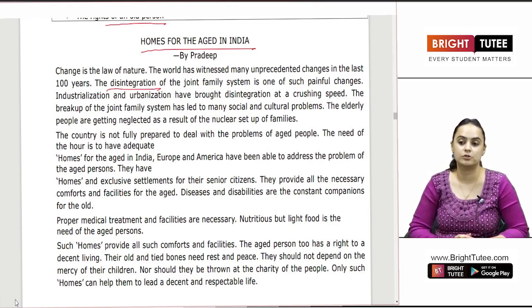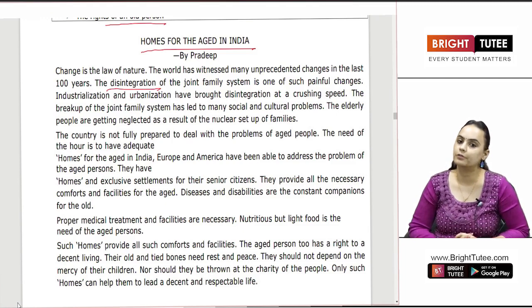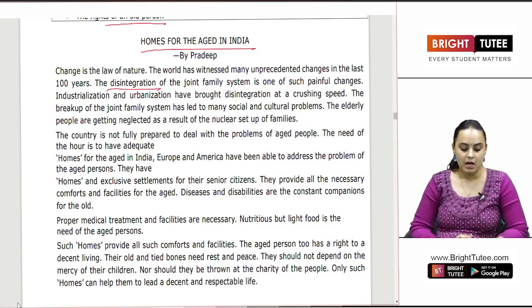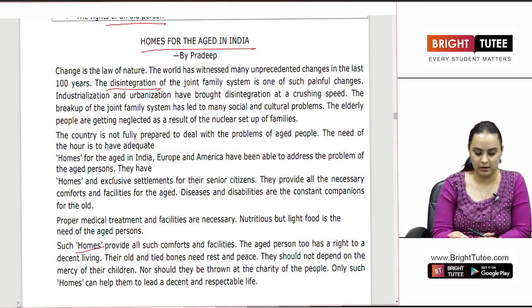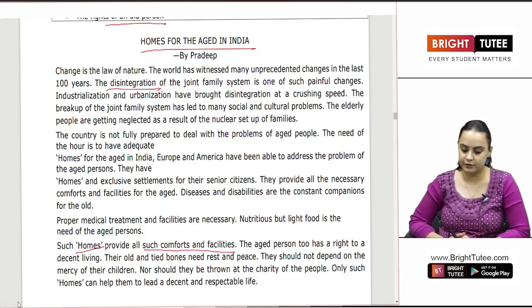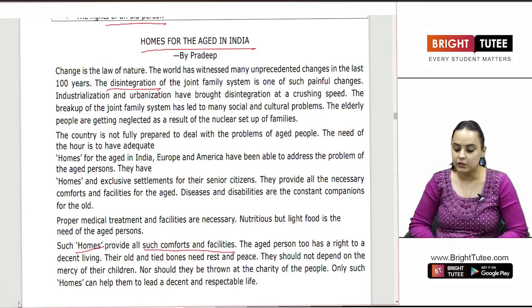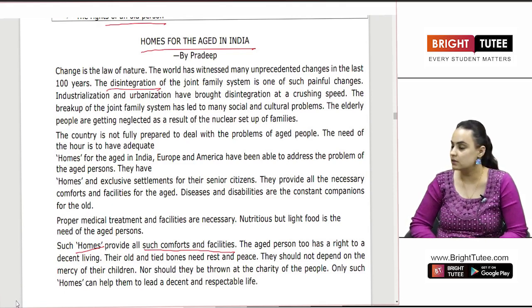We all know when you get older, two things that always follow you are diseases and disabilities. You are unable to do one thing or the other. Proper medical treatment and facilities are necessary. Nutritious but light food is the need of the aged people. Such homes, so these old age homes that we are talking about, they do provide all the comforts and the facilities. The aged person too has a right to a decent living, and according to the writer, there is nothing